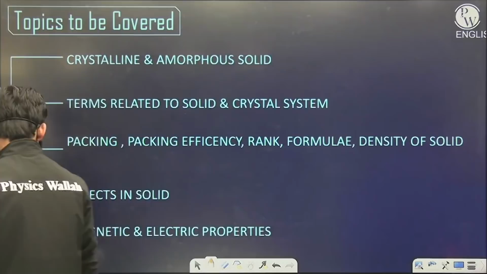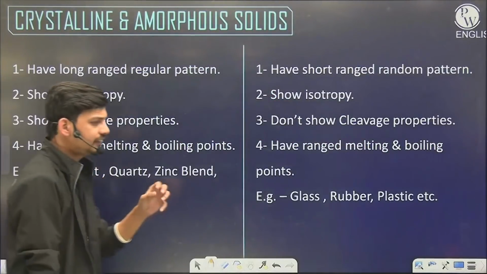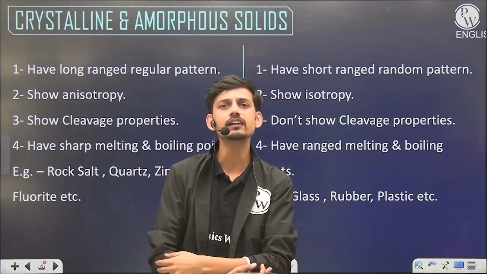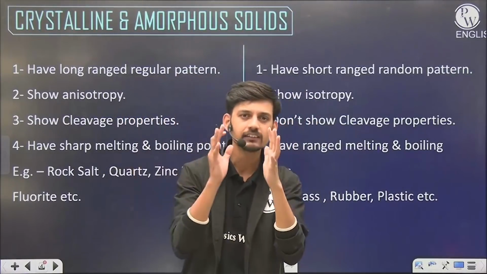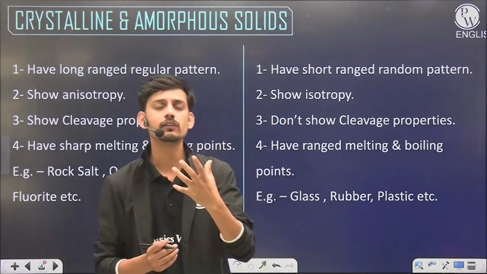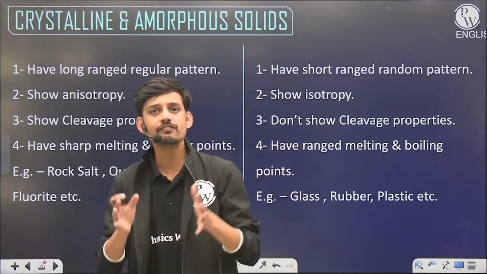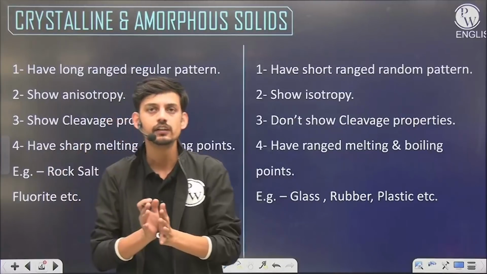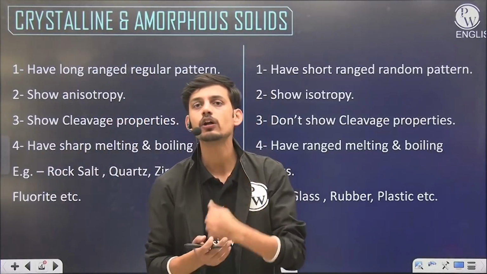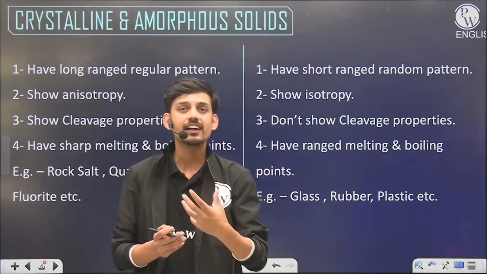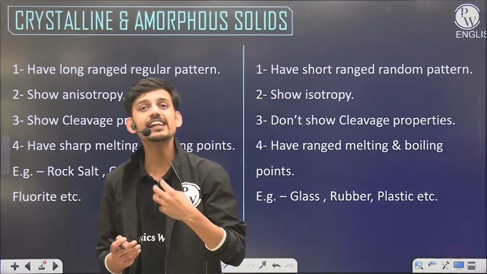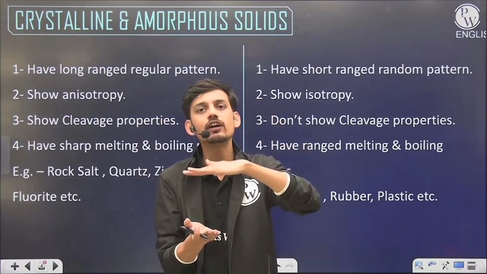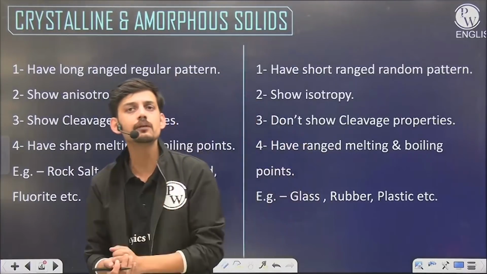So let's move ahead. First of all, solids in general. If I talk in general, then solids are those states of matter which have a very tightly packed structure. Atoms or the particles that are constituents of the solid are very tightly and very closely attached in a crystal system or in an amorphous solid. These particles have very high intermolecular forces. These particles have very little space in between them. They have very little mobility due to tight packing. Solids are very rigid. Generally, we cannot compress them easily. These are general properties of solid.